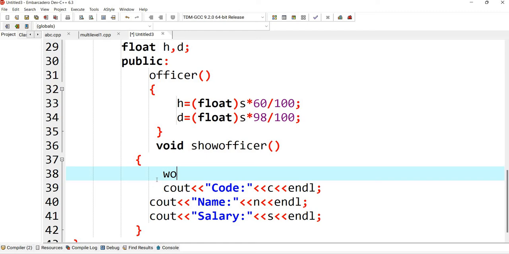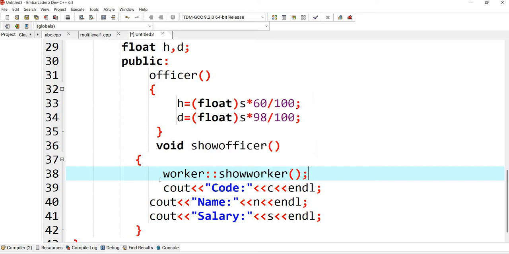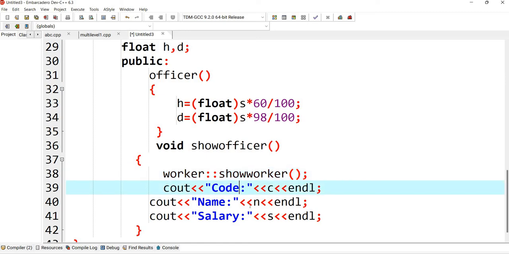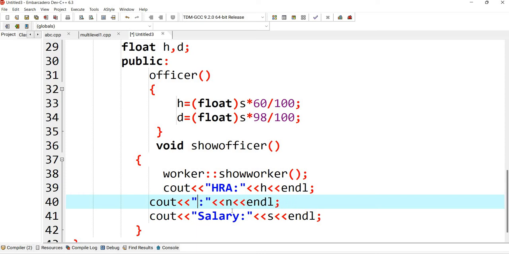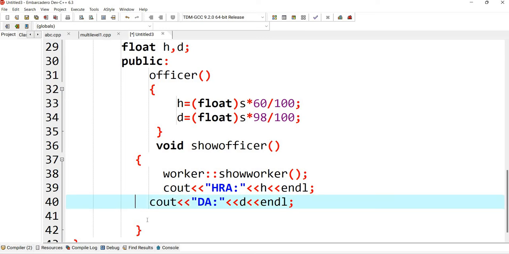So here worker, and we'll call show worker, putting the semicolon here. Then I have to display the HRA, that is h, and the second is DA, that is d. We don't have a third one, only two variables are there.